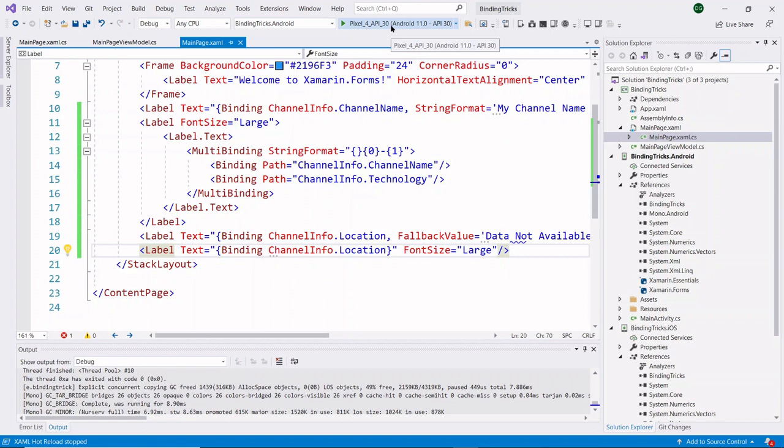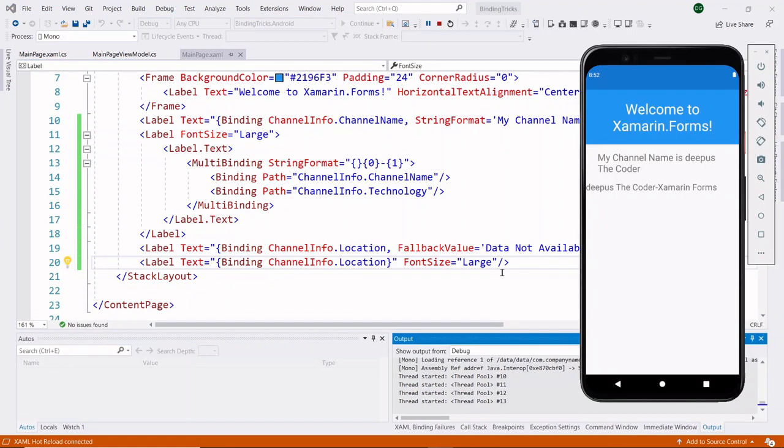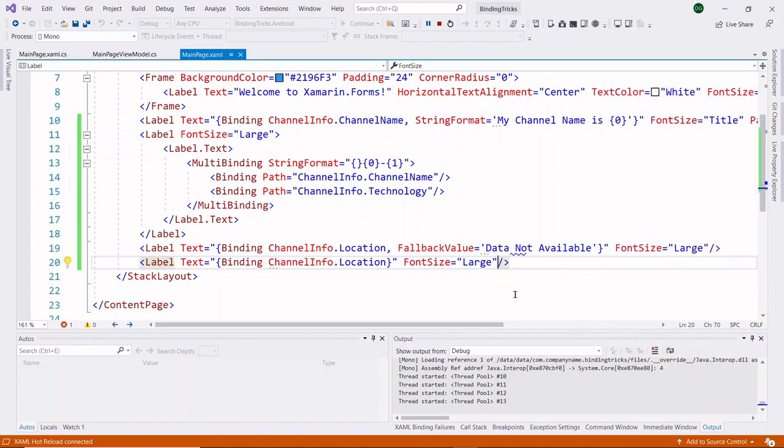Here I am not adding any target null value to my label. So we are getting null data. Here you can see that no data is displayed because our location data is null. So in this type of scenario, if you add target null value, it will display our target null value text instead of empty.